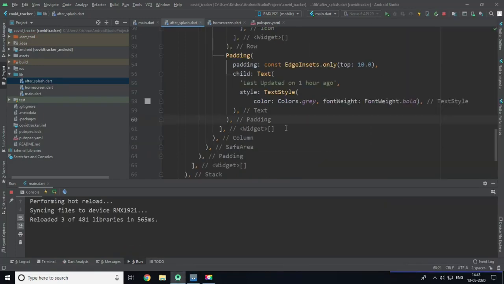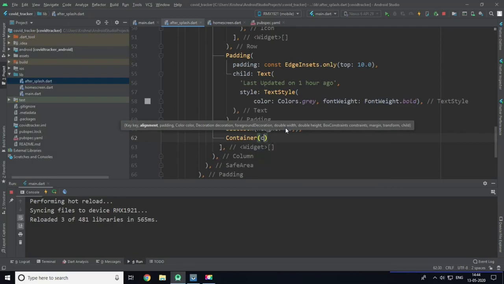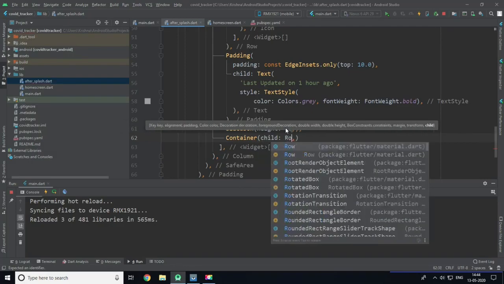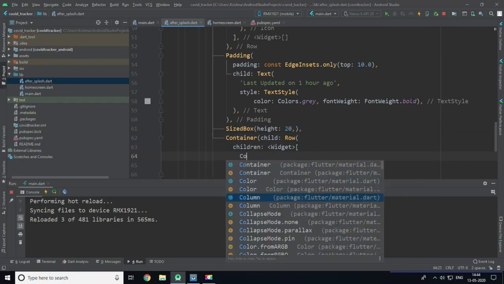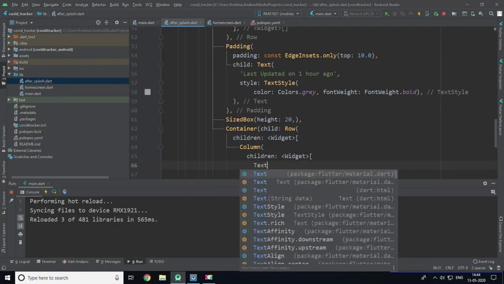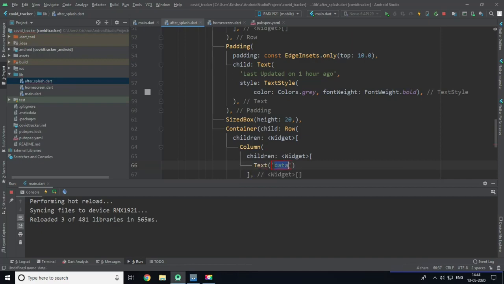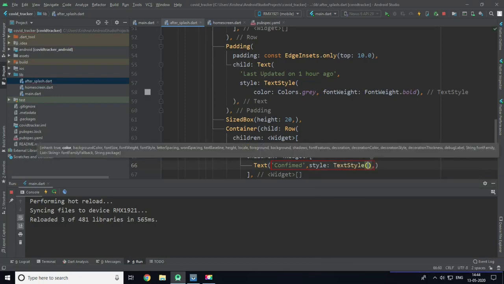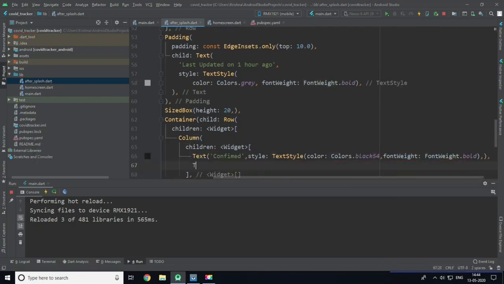Now when I hit save, we need to set a SizedBox first with height of 20 and create another container which contains a child as a row with its children as a column, with a text field which says Confirmed and give it a style as TextStyle and provide a color of Colors.black54 with a font weight of bold, and another text widget which is a number, let's suppose 50,000.